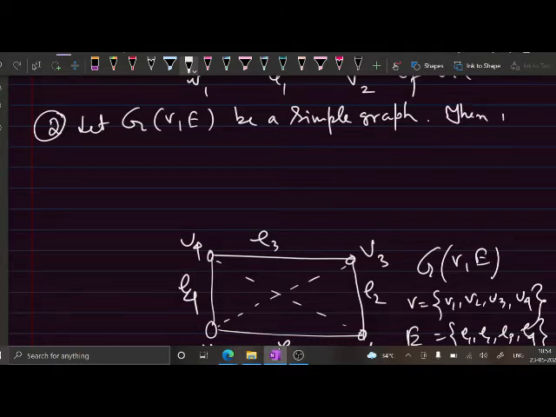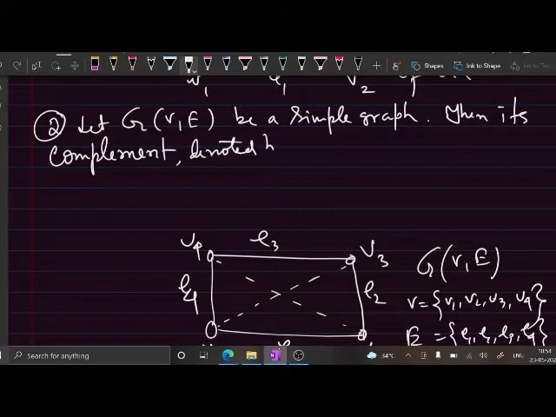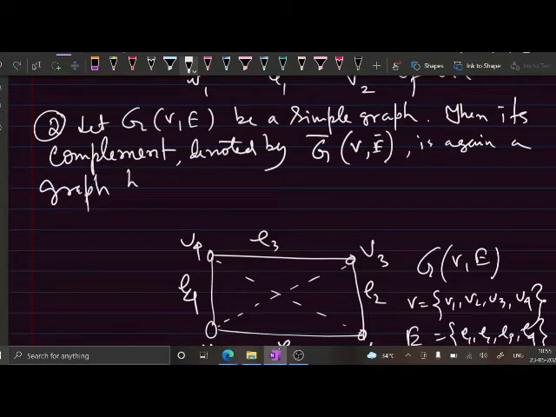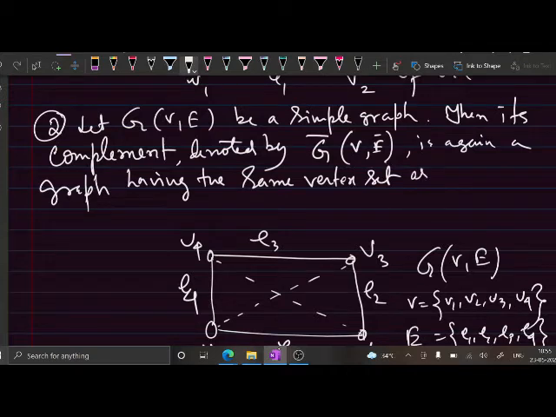Then its complement, denoted by G bar. In the complement graph your vertex set is the same, but your edge set is the complement of the edge set E, right? So that is why it is called the complement graph. So its complement is again a graph having the same vertex set as G, such that